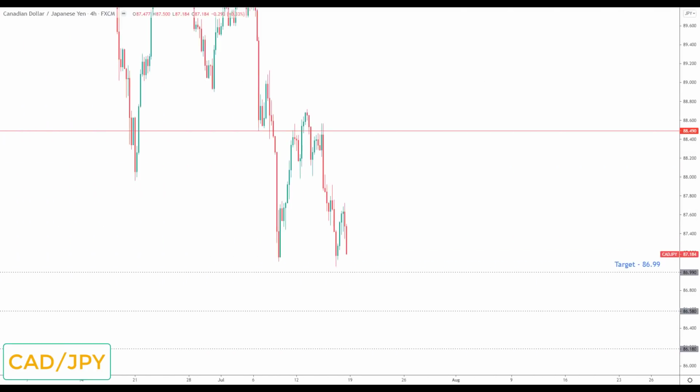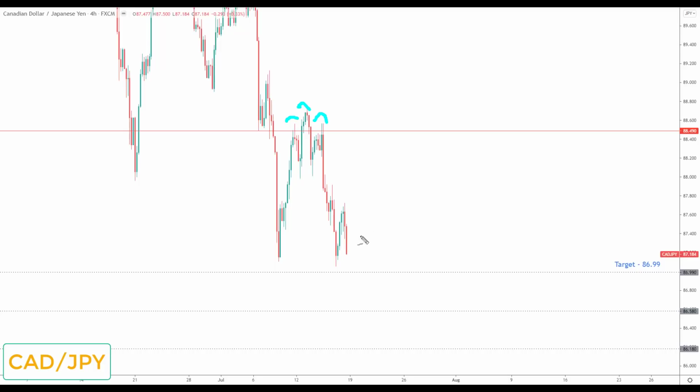And the third CAD weak market that I like next week is CAD yen. This was a market I highlighted last week as well. This pullback, I said last week, was an opportunity to look for bearish reversals. We had a really nice head and shoulders reversal in this market last week before this sell-off. Going into this week, if you were involved from last week, I expect the 86.99 to be taken out.